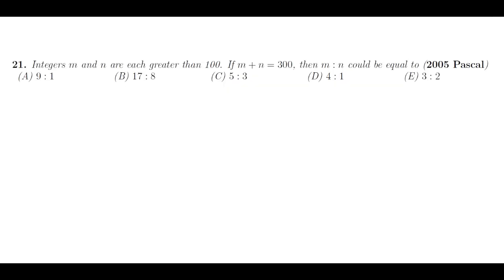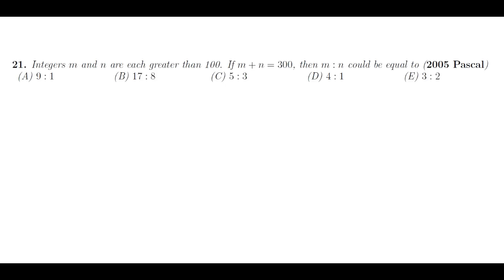This second problem comes from the 2005 Pascal contest for grade 9 students. Question number 21. Integers m and n are greater than 100. m plus n is 300. Then m to n could be equal to which of the following ratios? So this becomes one of those cases where